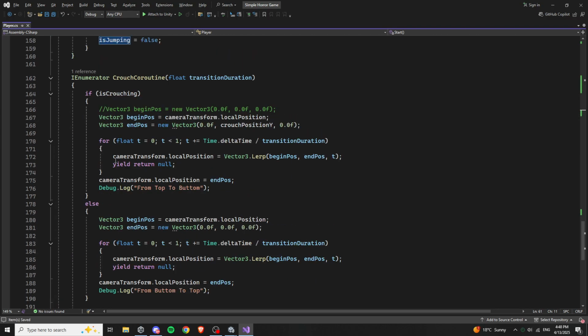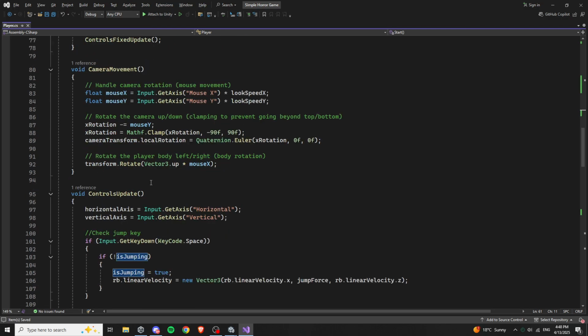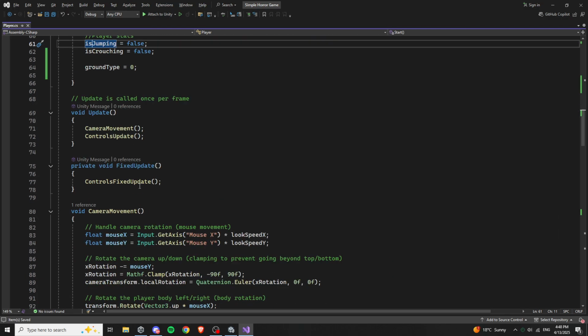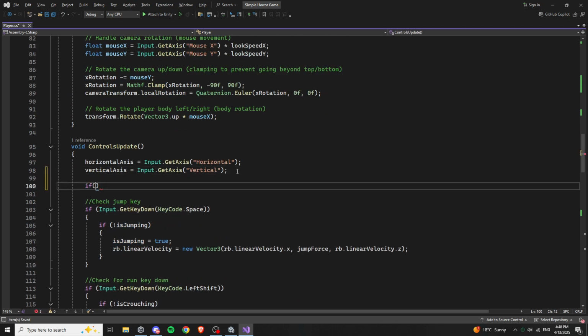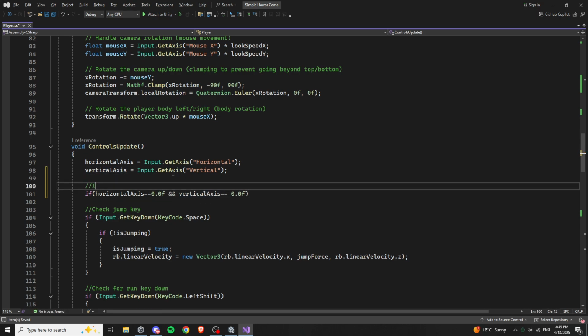And let's see. So here we check if this is 0 and the other one is 0 as well. So in other words, we are not moving. So we'll comment this here. Oh, sorry, not equal, different than 0. So if we are moving,